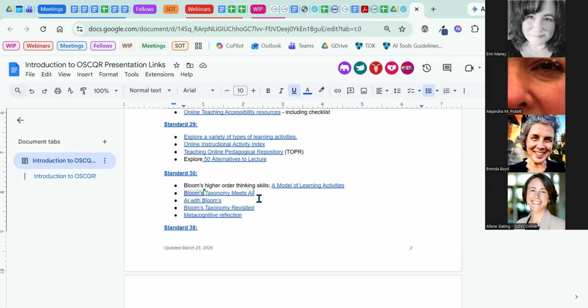But this is also a quick little cheat sheet that can show you how you might use AI to support learning at the various levels of Bloom. So take a look at that at some point. And depending on the course you're reviewing and what's going on in the course, whether the instructor is using it or not using it, or there might be a use case where it might be helpful if they're having a particular problem that this might help address, then you can take a look at some of these resources and use them to come up with some constructive suggestions to support improving this particular standard.